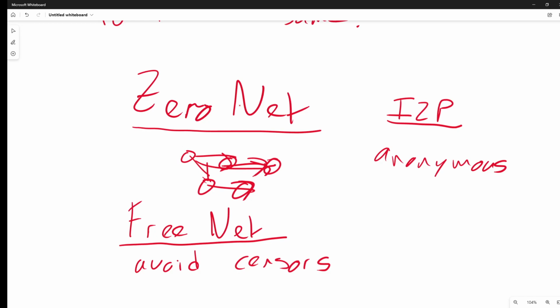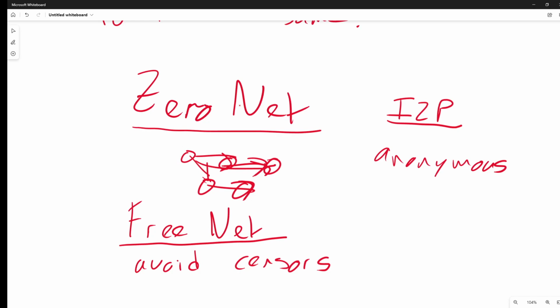Freenet is also distributed. It has no central server. So if governments, authorities want to take down one node in ZeroNet, or they want to take one node down in Freenet, or indeed several nodes, ZeroNet and Freenet will still operate. Okay, because they can access the original information.